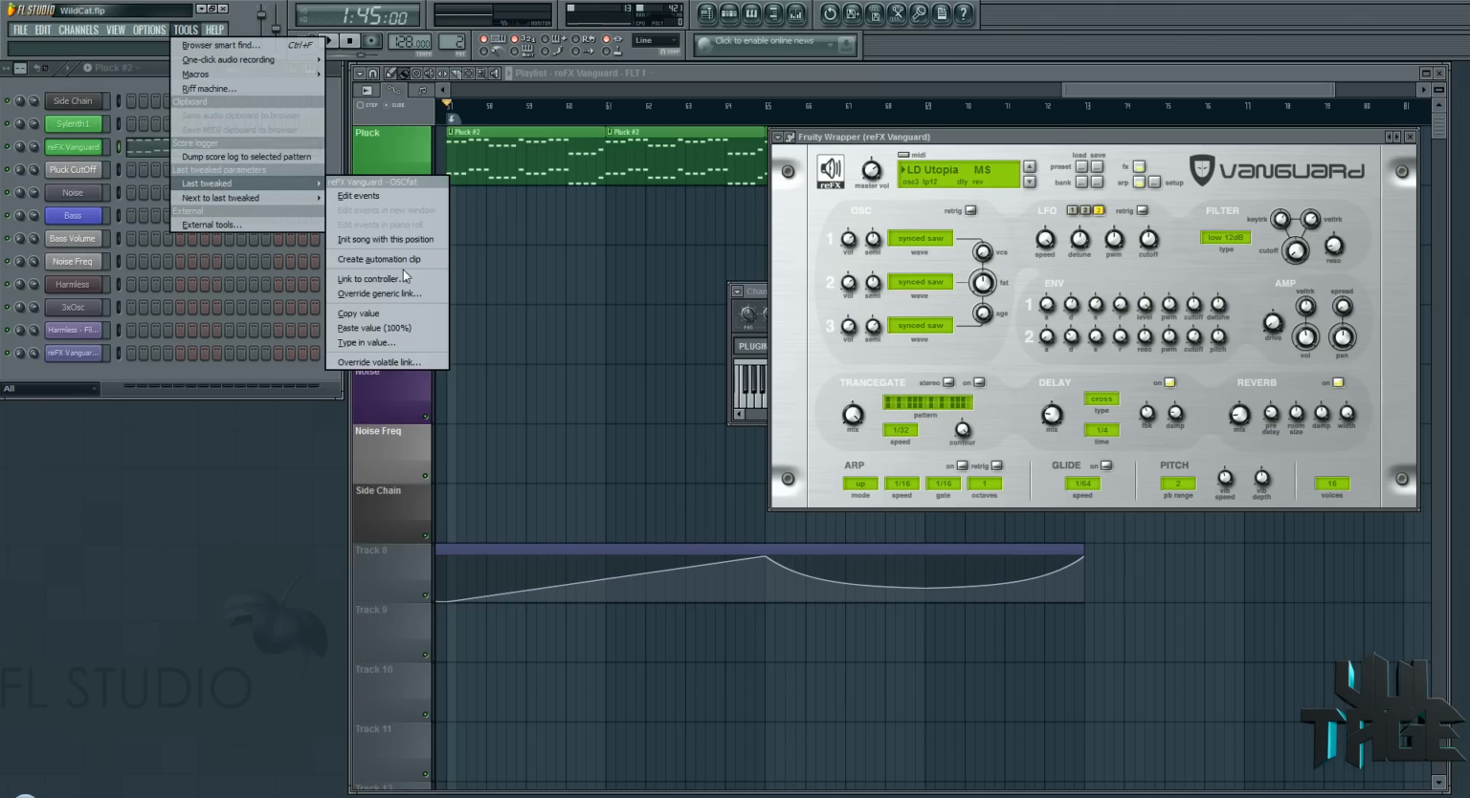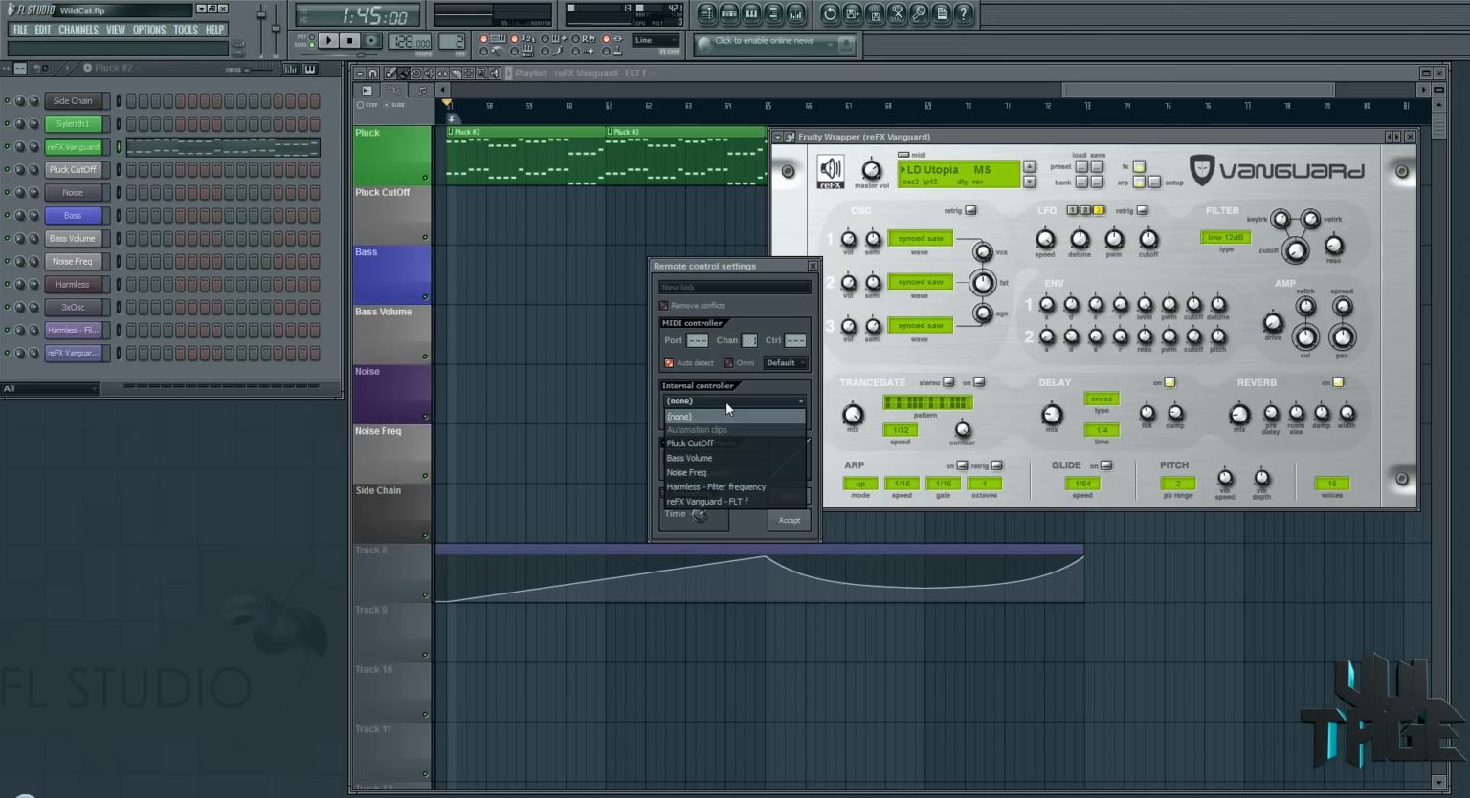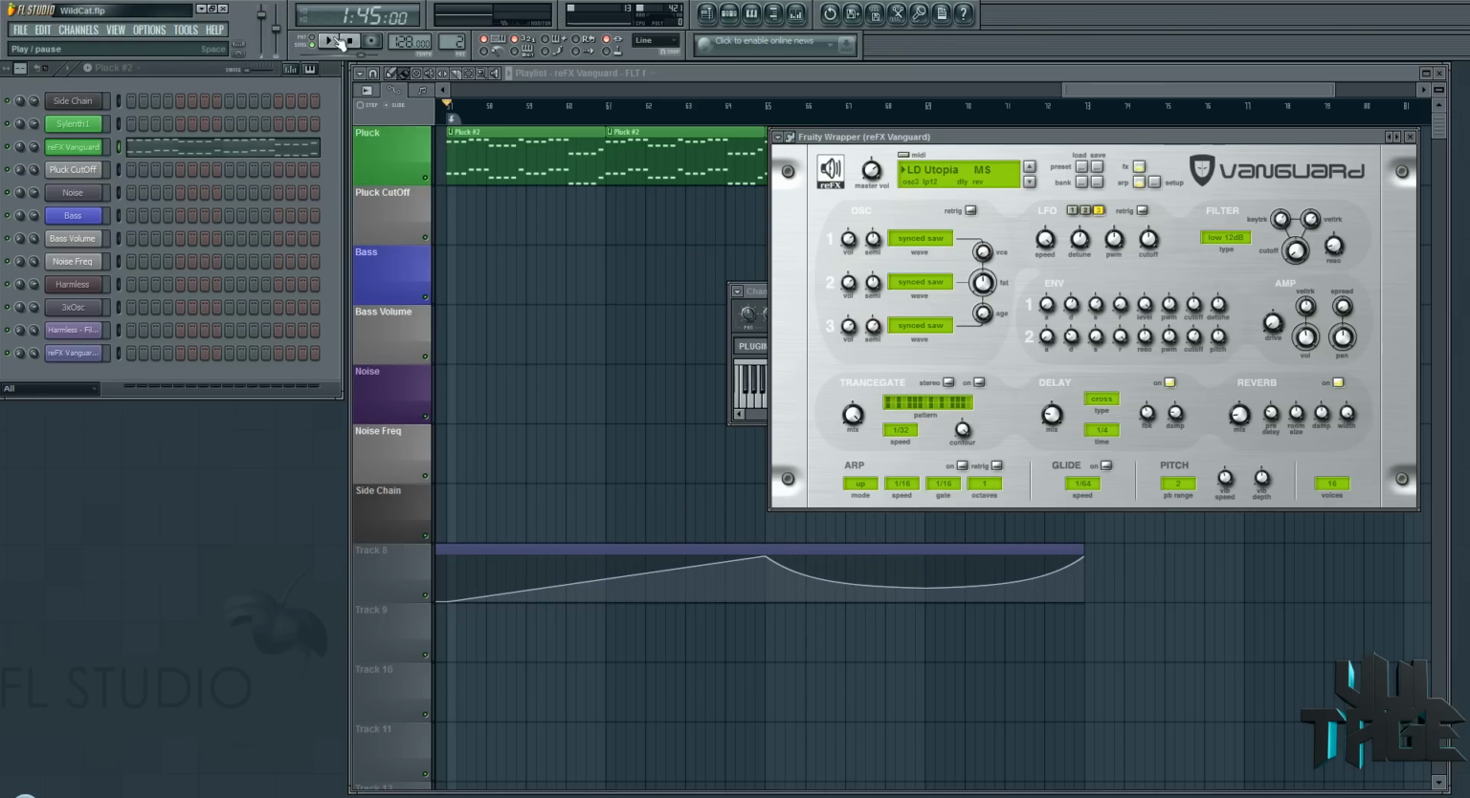Now we can create an automation clip and just copy the exact same guidelines as this one, but there's no point. We might as well just use one automation clip to control them both. So what we'll do is we'll go link to controller and then we just choose the one that we have, which is this one here, Vanguard filter, and then accept. Make sure that remove conflicts isn't ticked. If that's highlighted and you accept it, it's going to unlink this one and make it only this one that's using this, and this won't be doing anything. So make sure that's unticked and then accept it. And then now if we watch,